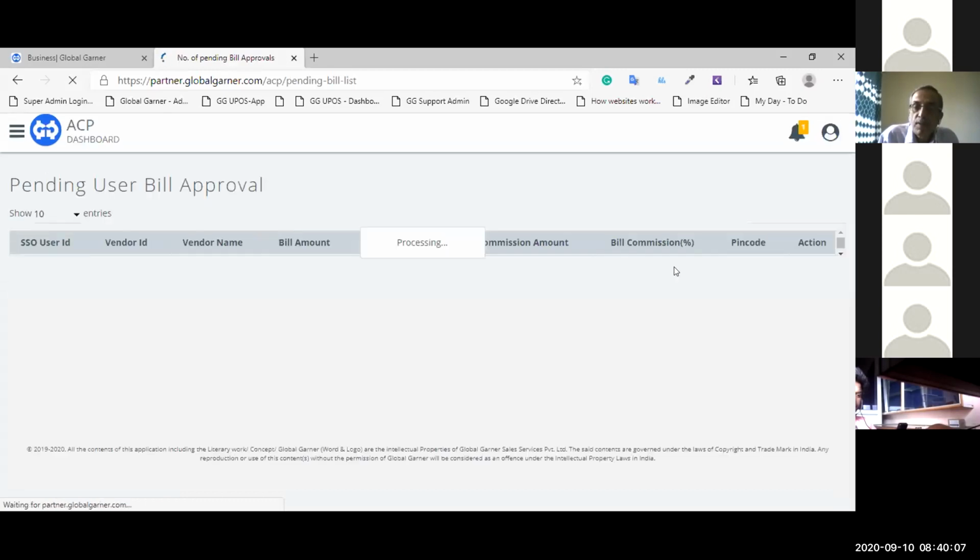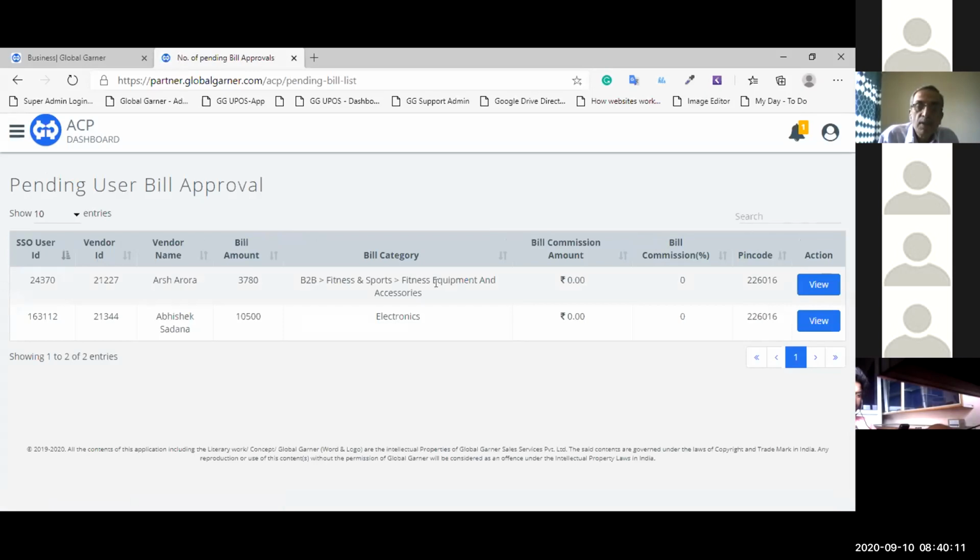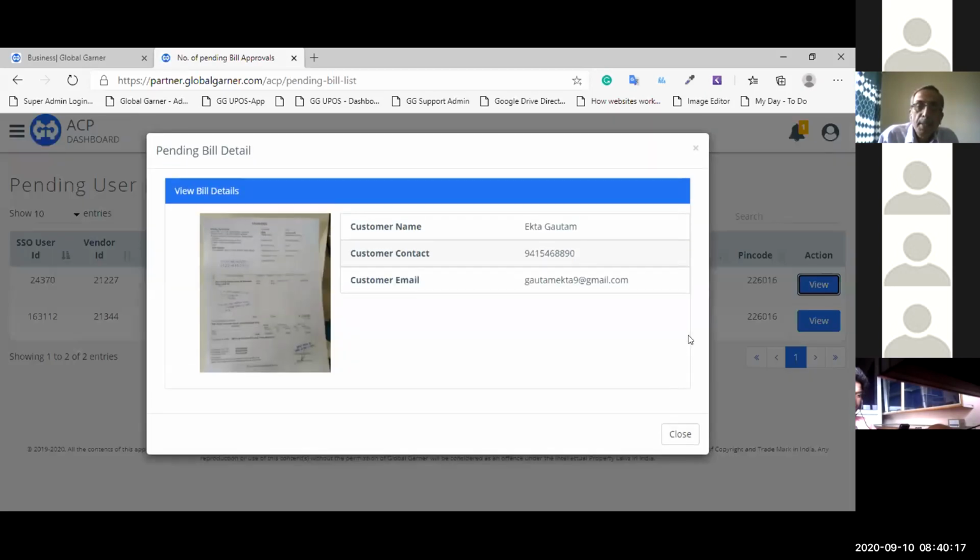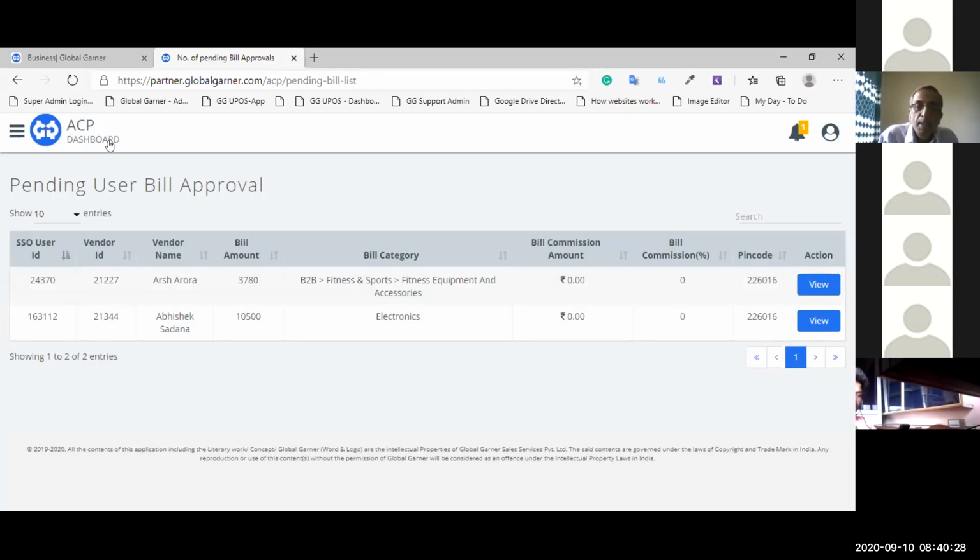You'll be able to see the details of the bills which your vendor has not approved yet. So you can click on view and you can see the bill detail of that bill, even the bill copy and the details of the customer whose bill is pending. Now you can just call your vendor and ask him to approve these bills.